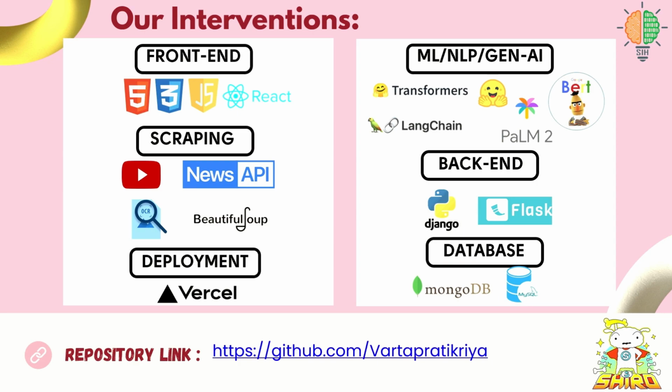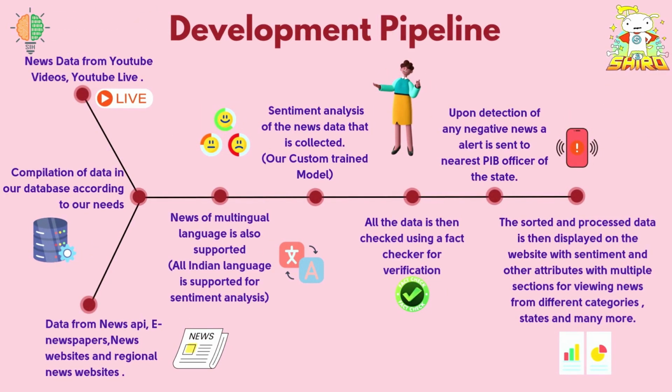Now coming to the development pipeline, at first we are scraping the data, then compilation of all data is done. Any language data that is fed to the server is supported, after which we do the sentiment analysis of that data, of all the multilingual data of India. Then that data is sent to a fact checker, where it is checked whether the news is valid or not. Upon detection of any negative news or any fake news, an alert is sent